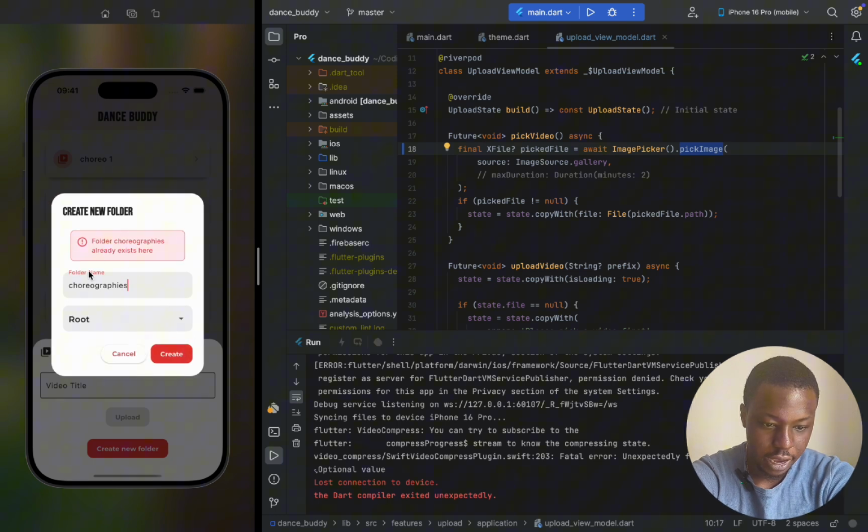And what does it do? It gives you an error message, right? Because we already have a folder called choreographies. Folder choreographies already exists here. So you can't create another folder called choreographies. That wouldn't make sense. So I've added this error message, and this kind of error message styling I've added, again,